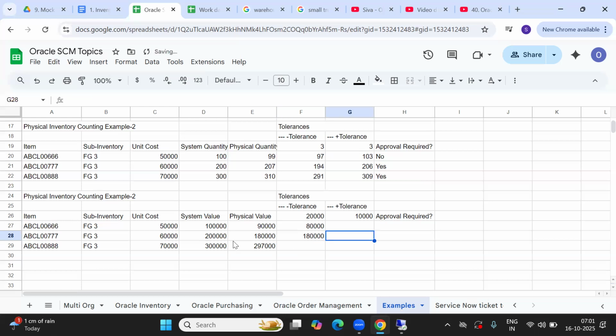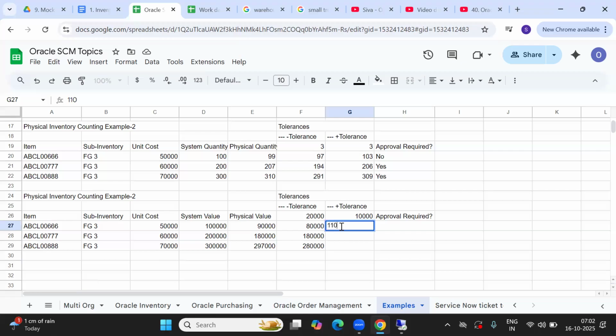From 3 lakhs, if you remove 20,000, how much is it? 2,80,000. So here 10,000 you have to increase.